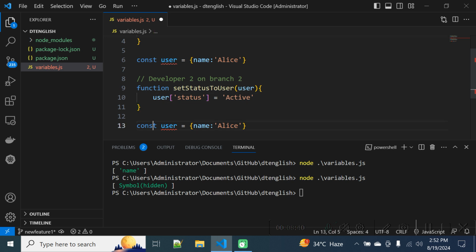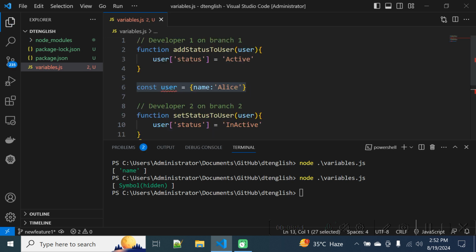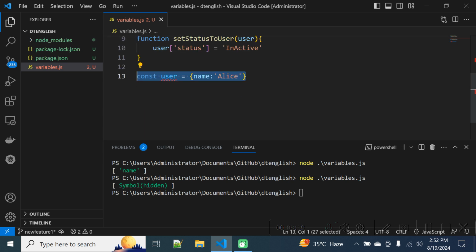Okay, so set status to inactive in the case of the second developer. Both developers are writing almost the same function but with a different implementation on a different branch. While it is on a different branch, it should not be a problem. Now consider